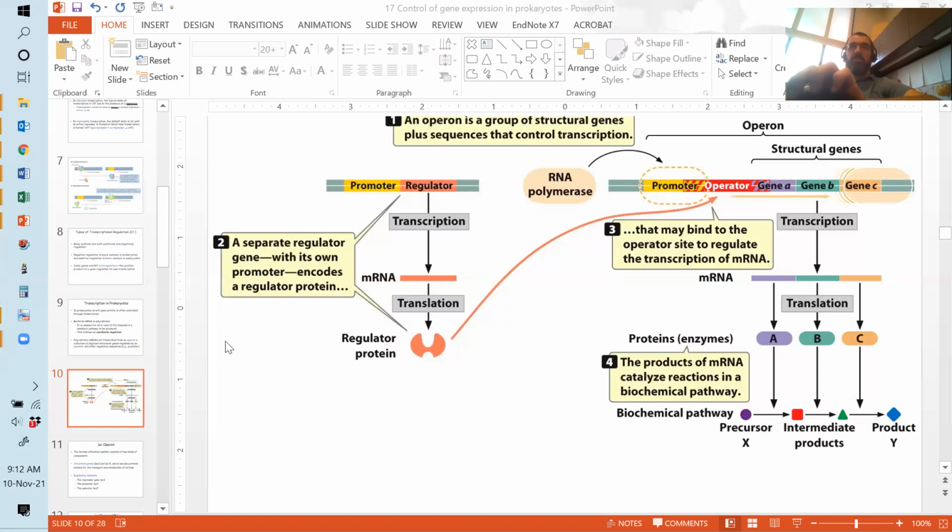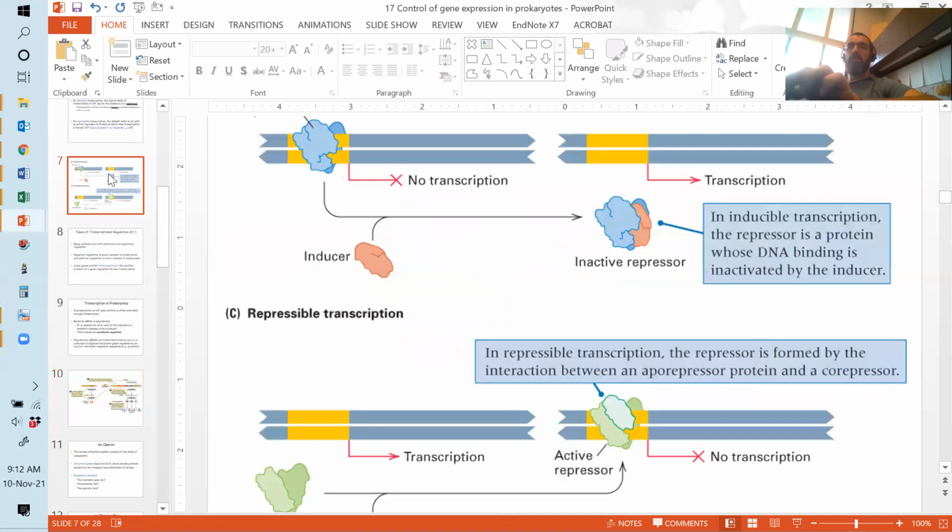And if we go back to here, come on, there we go. This is the context, right? So if that regulator